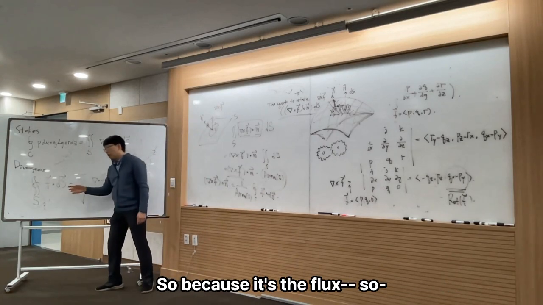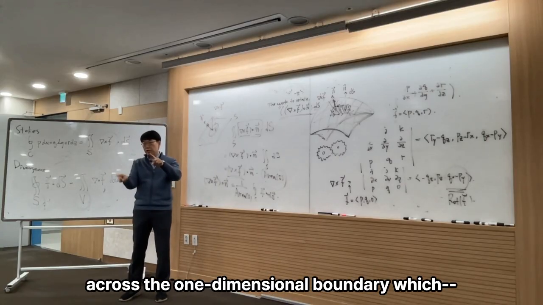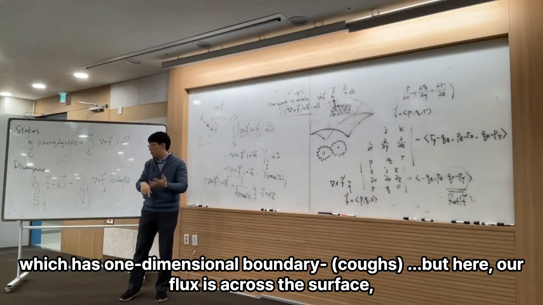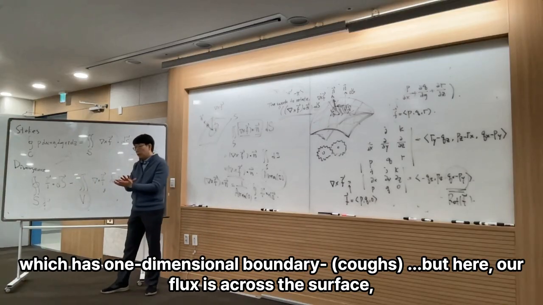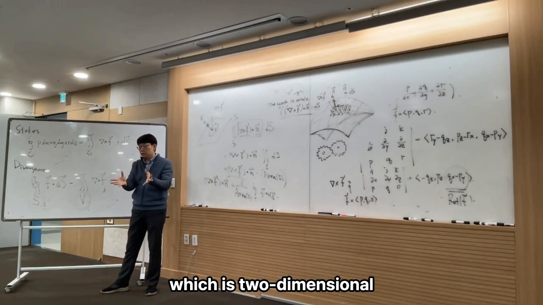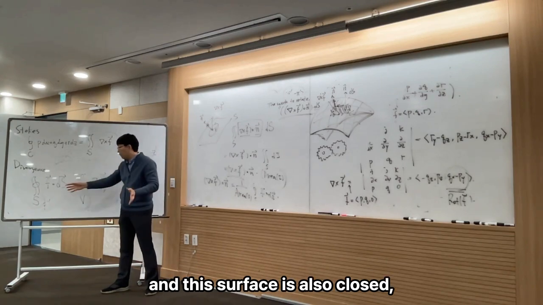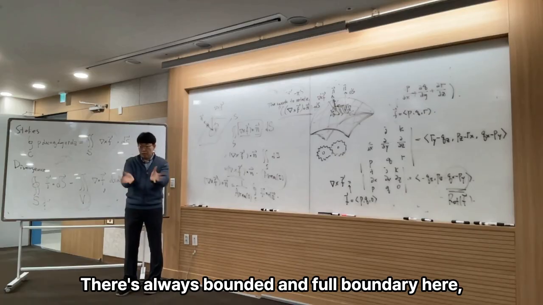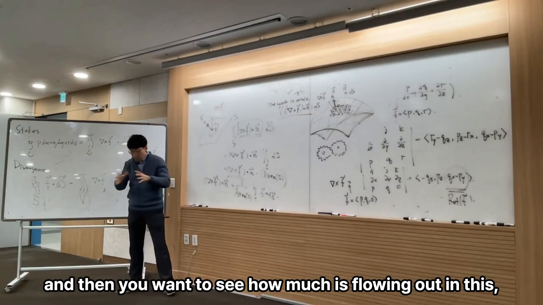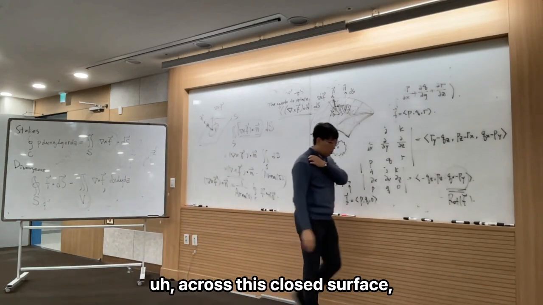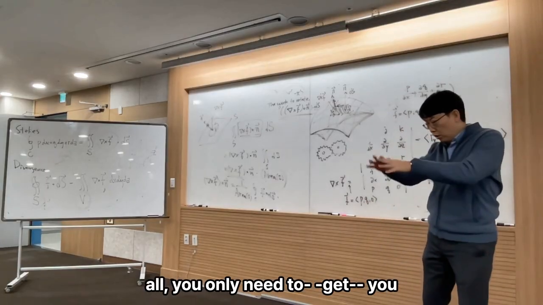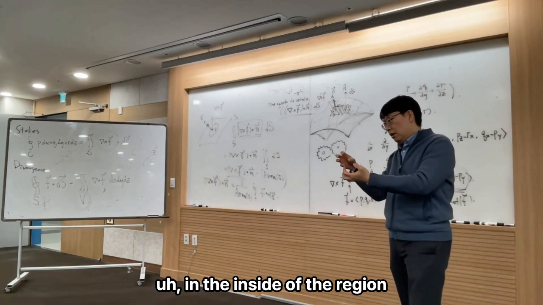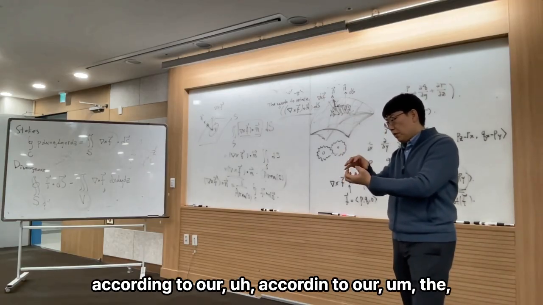Because it's a flux, in Green's theorem we had a flux across the one-dimensional boundary of a two-dimensional region. But here, our flux is across a surface, which is two-dimensional in three-dimensional space, and this surface is also closed. You're not looking at an open end here; it's always fully bounded. You want to see how much is flowing out across this closed surface. All you need to do is see how much is flowing in the inside of the region, according to our